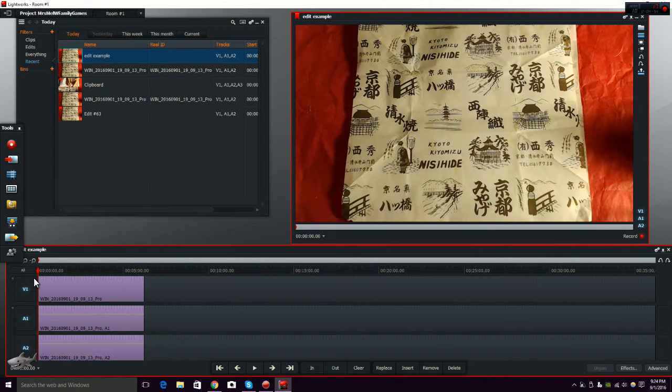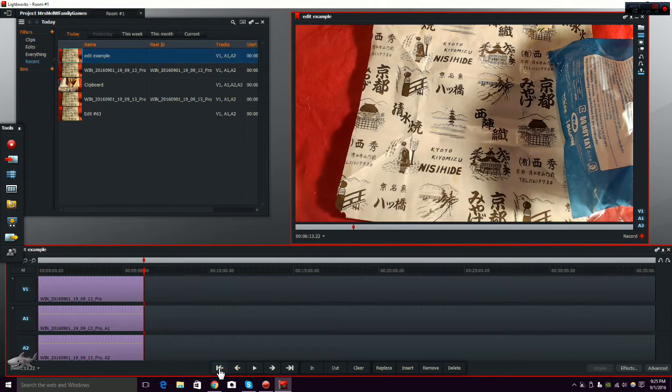And of course, this is the beginning of the video, and if you press play, this is magic. It will play the whole video for you. So these are kind of your controls down here. You've got play, you can go backwards like a rewind, frame to frame. You can go forward frame to frame, and you can go to the end of the frame or the beginning